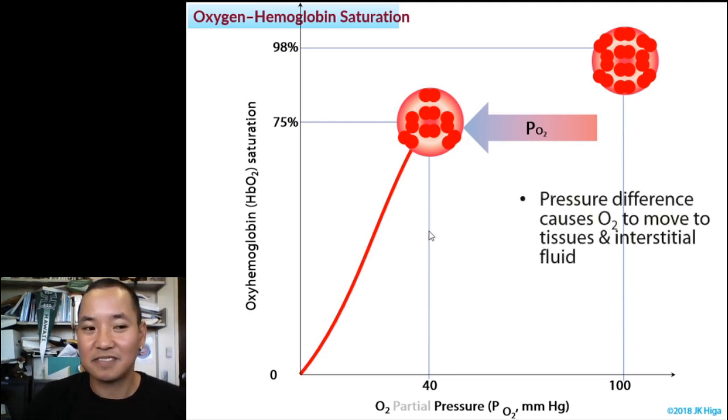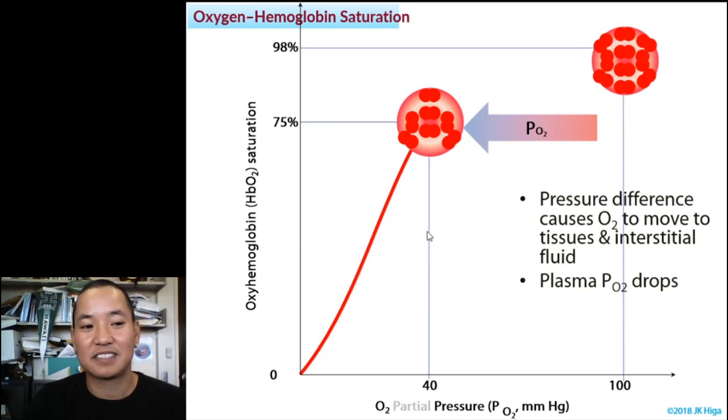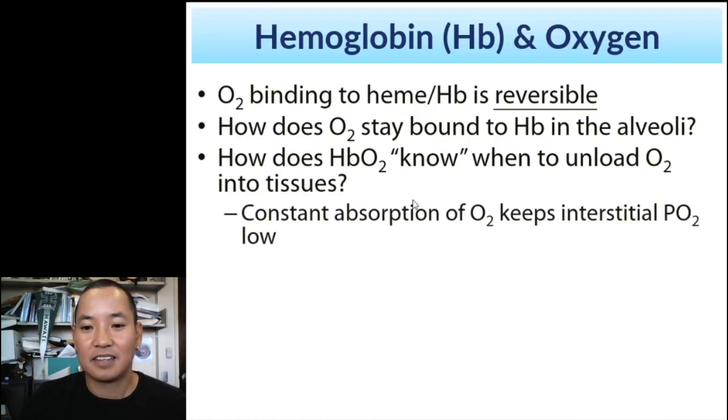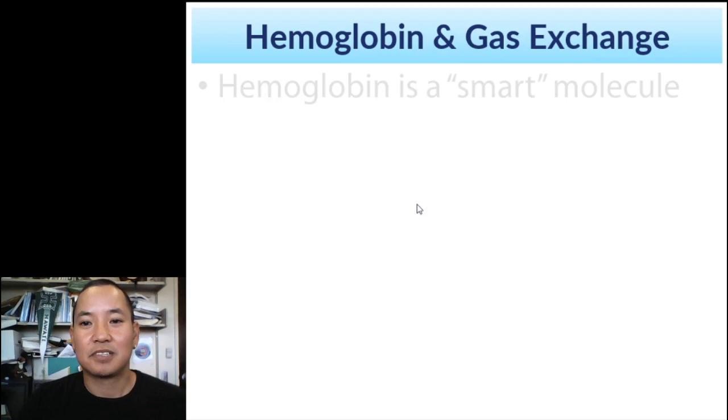So again, pressure differences drive how you stick oxygen to hemoglobin, but also how you release oxygen from hemoglobin. Lower partial pressure causes oxygen to pop off from hemoglobin. So hemoglobin and gas exchange,